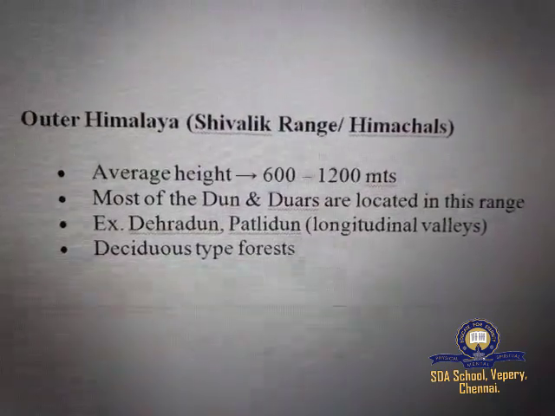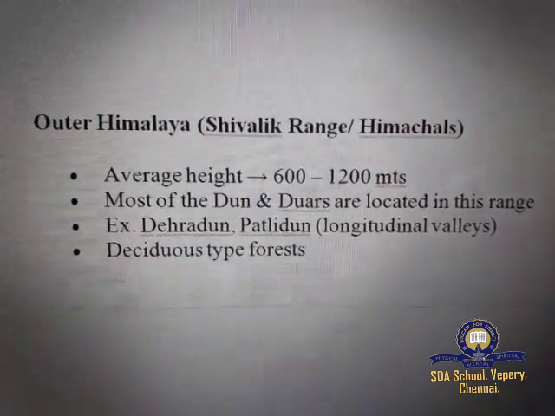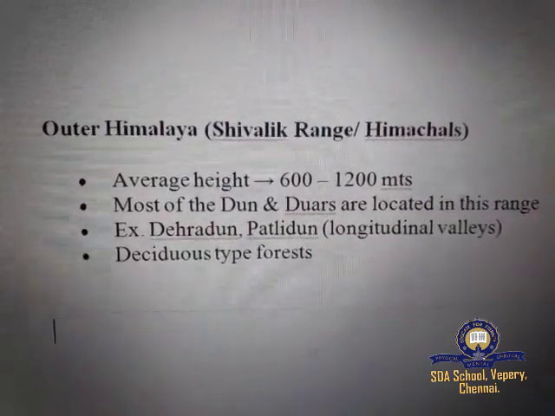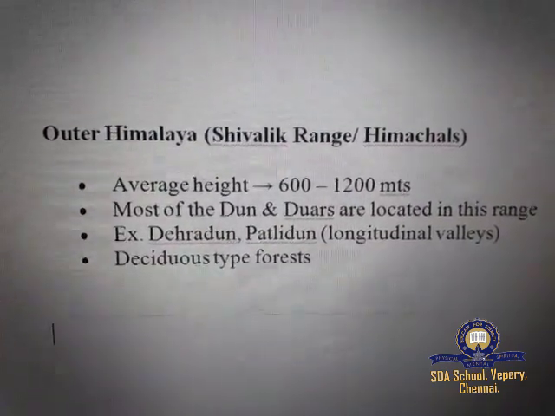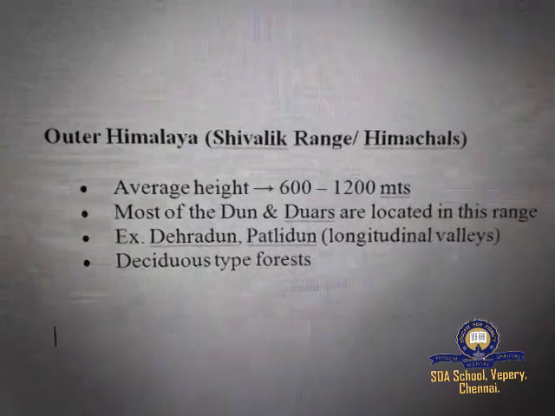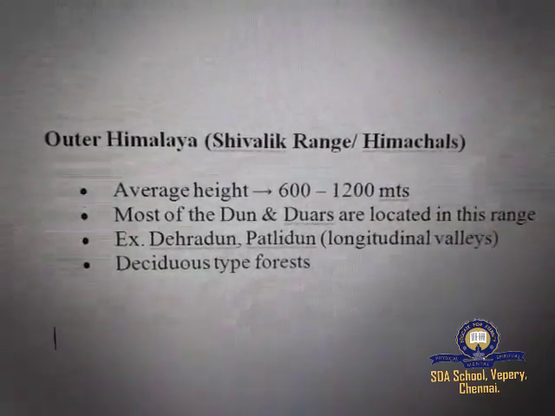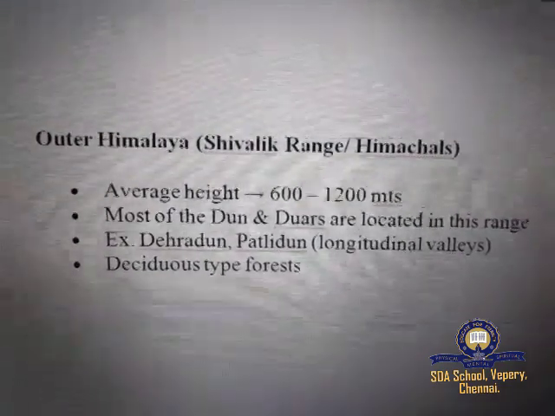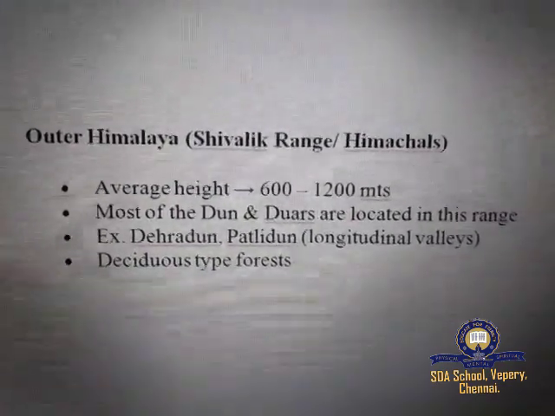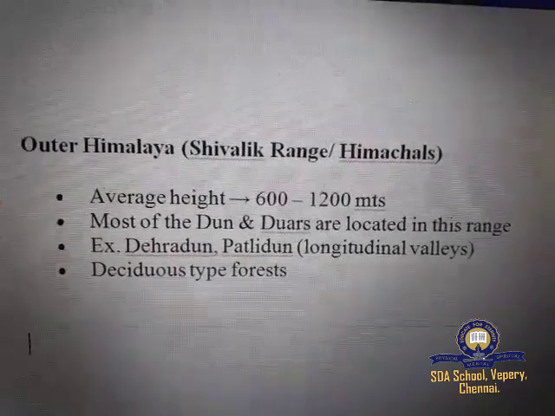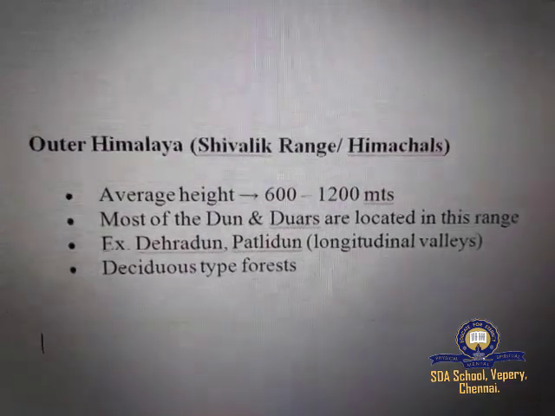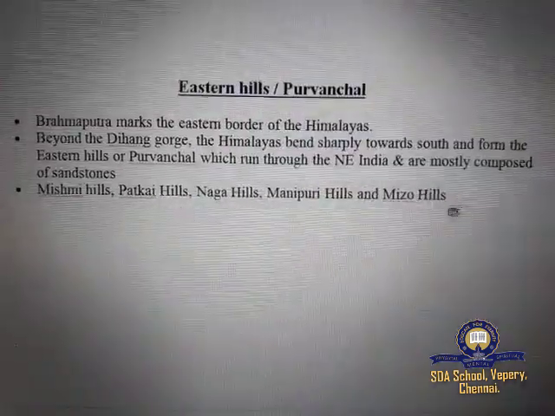The Shivalik or outer Himalayas. The Shivaliks extend from Jammu and Kashmir to Assam. It is partly made by the debris brought by the Himalayan rivers. The width of the Shivaliks varies from 10 km in the east to 50 km in the west. It is the most discontinuous range.